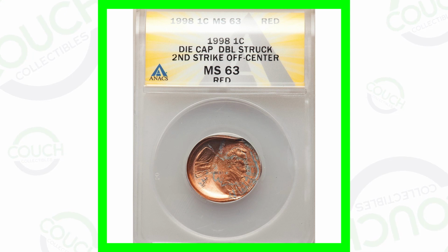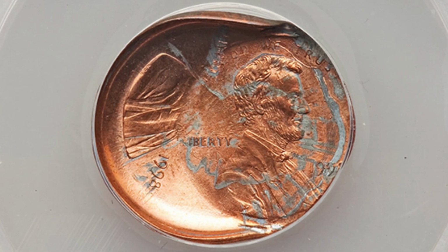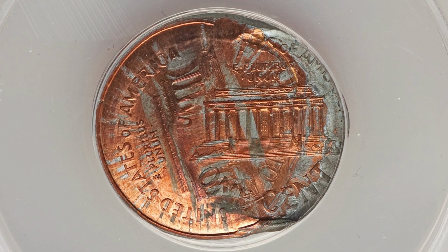Alright, starting off first with a 1998 Lincoln cent that has a couple errors here. The coin has a die cap, it's been double struck, and that second strike is off center. So very awesome type of mint error here. This coin is graded by ANACS at a mint state 63 red, and this penny ended up selling for over